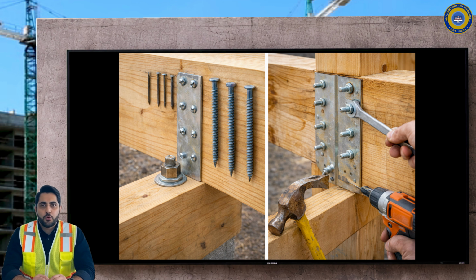Another reason solid wood performs well in light frame buildings is how easily it integrates with fasteners and connectors. Nails, screws, bolts, and metal hardware interact predictably with wood fibers. Connections can be reinforced, modified, or repaired without redesigning entire assemblies. Just as important, solid wood tolerates the realities of job site moisture better than many alternatives. While moisture affects its dimensions, it does not immediately destroy its structural capacity the way corrosion can affect steel or improper curing can compromise concrete. When detailed properly, solid wood weathers construction phases remarkably well.